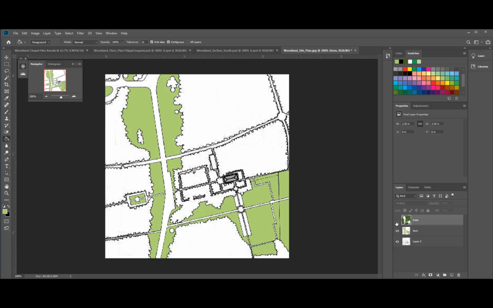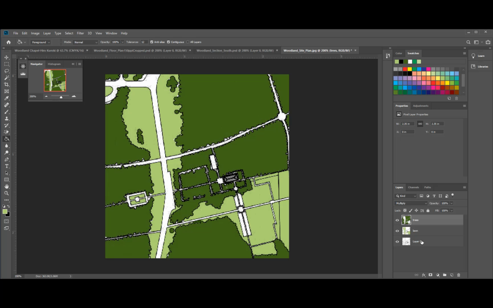So right now, if I don't need the layer, I could take this and delete it just by click and dragging it into the trash can, and layer 0 is gone. And all I'm left with is the tree and lawn layers, and it has been multiplied, so that's the image I want. And I am going to save this thing as